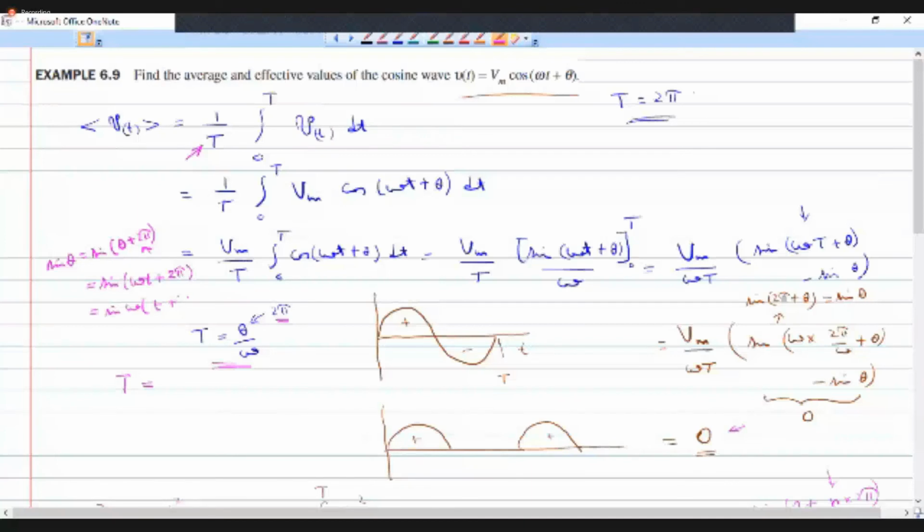It should be 2 pi by omega. Then by comparing this, I have written that t is equal to